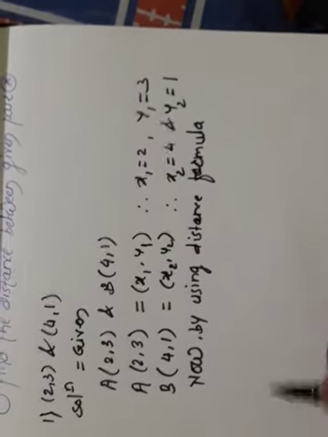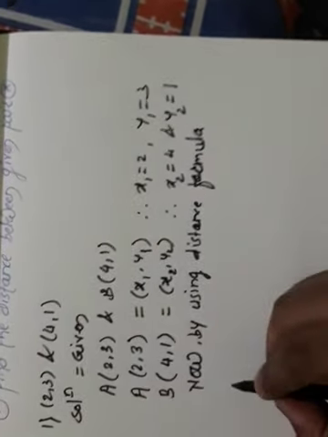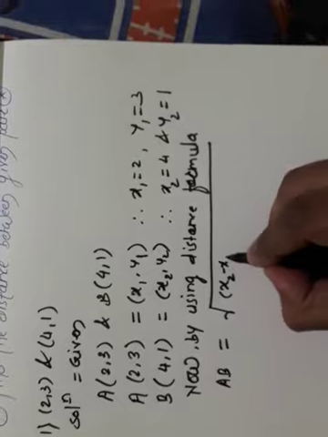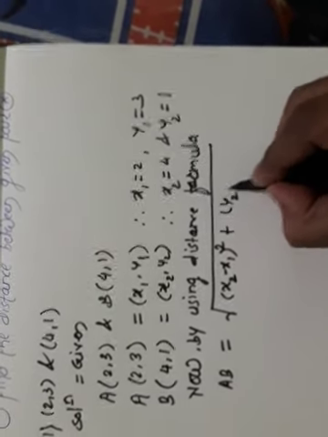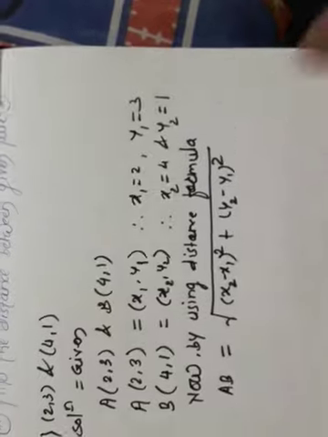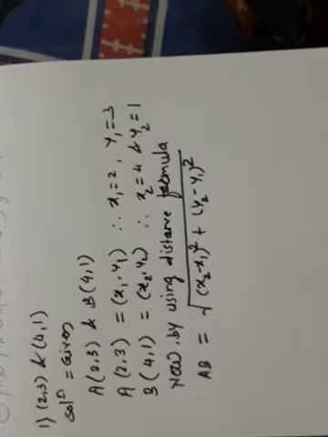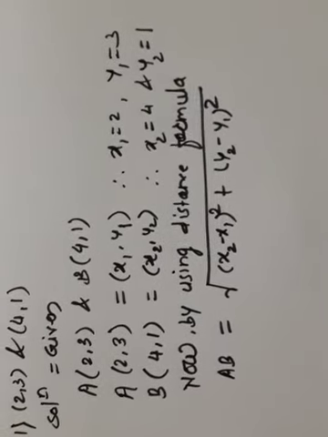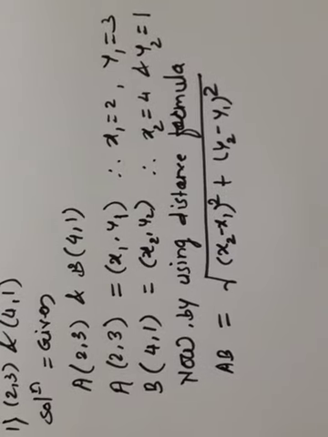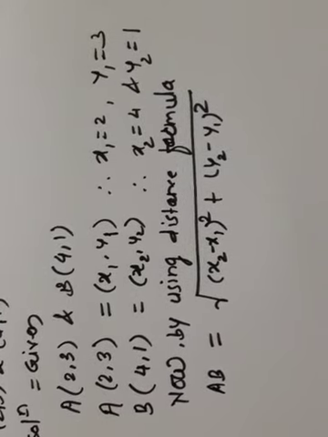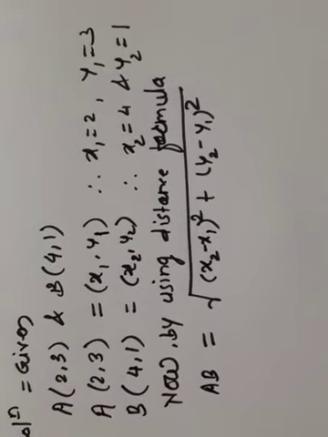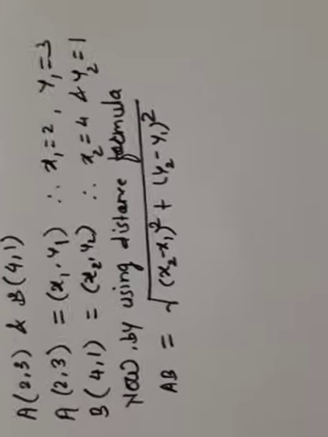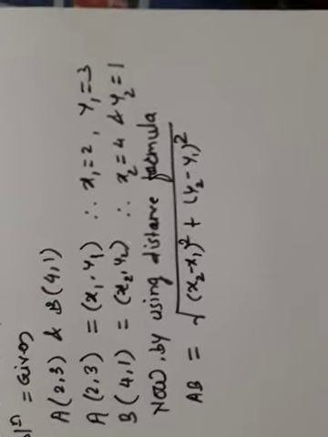Yesterday I wrote PQ is equal to; now we have considered A and B, that's why while writing we have to write AB is equal to, in square root, same formula, (x2 minus x1) whole square plus (y2 minus y1) whole square. Look once again what I did. First of all I considered the 2 points, A and B. Then I wrote point A is x1 y1 and wrote the values of x1 and y1. Then point B is x2 y2, and I wrote the x2 and y2 values. Now by using the distance formula, where there is x2 and x1, where there is y2 and y1, there you have to put only the values.